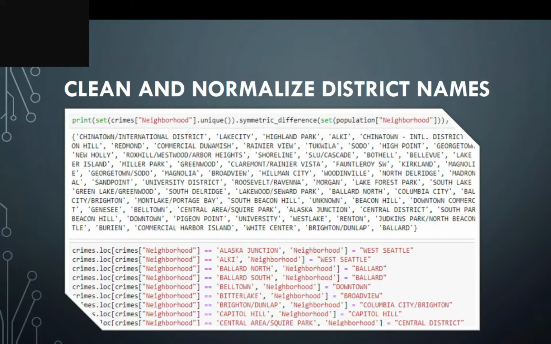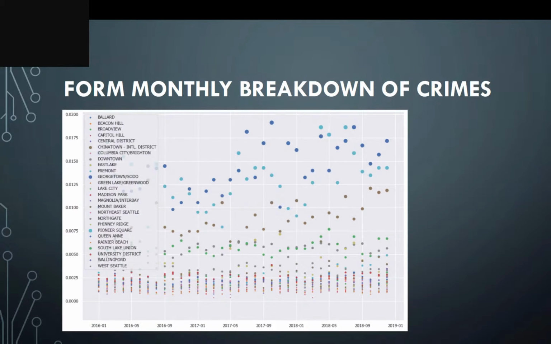For instance, here we can see that Ballard is broken into Ballard North and Ballard South. The same with Capitol Hill. We will find that sometimes we see southern part or northern part listed in some other sources, let's say for crime data and so on. So the first step is to prepare the data and bring it to the same normalized form, so that we have the same district names in all of our data sources.